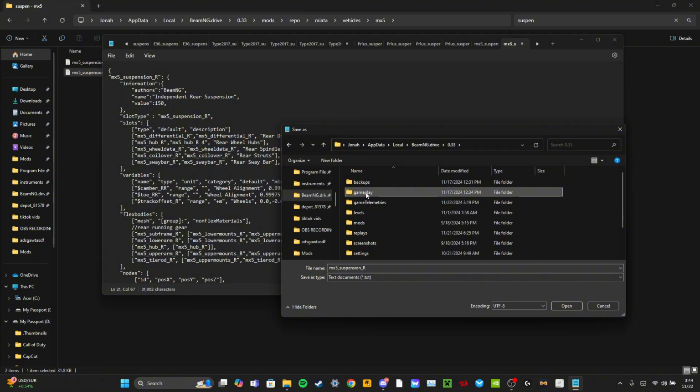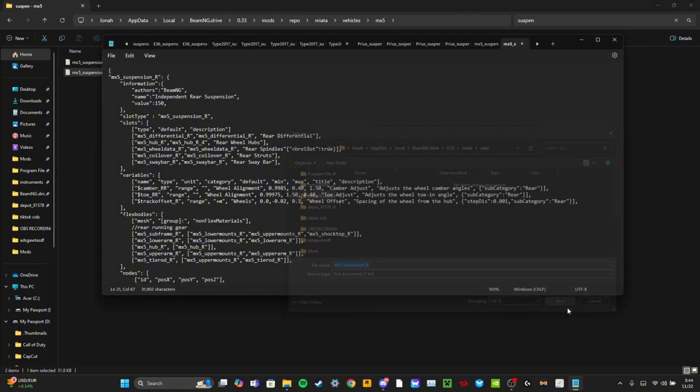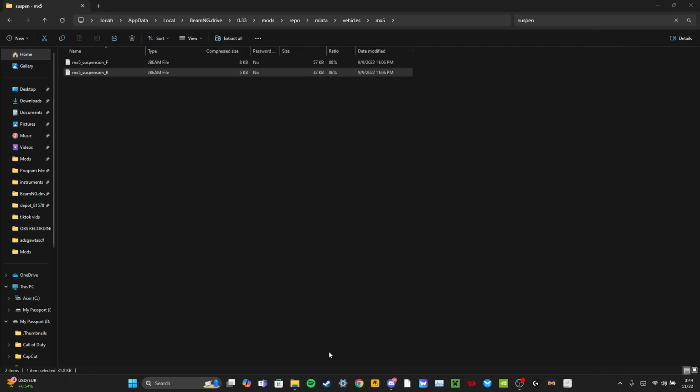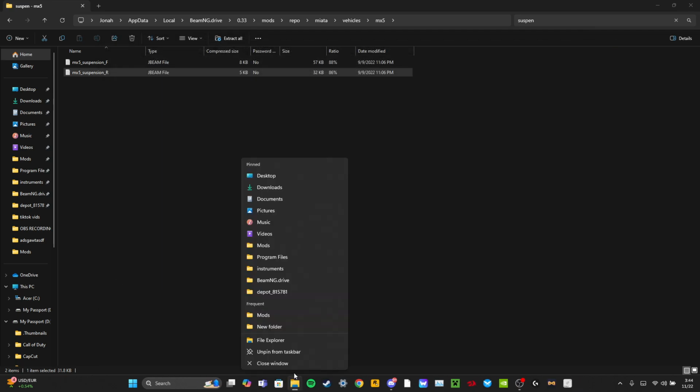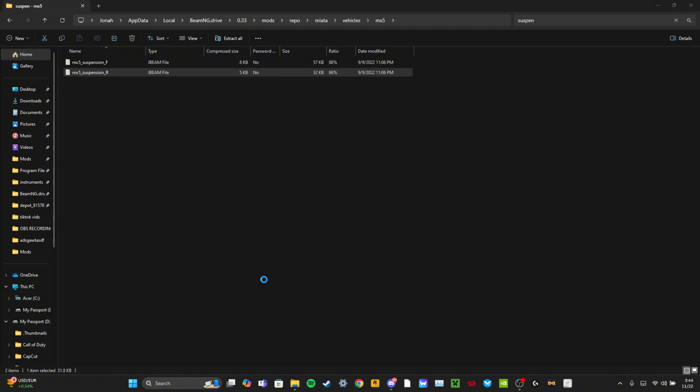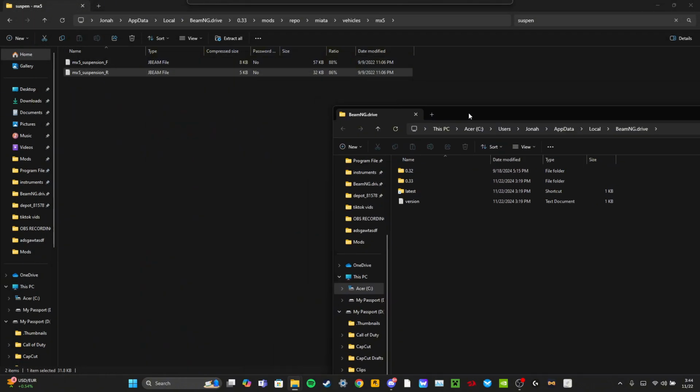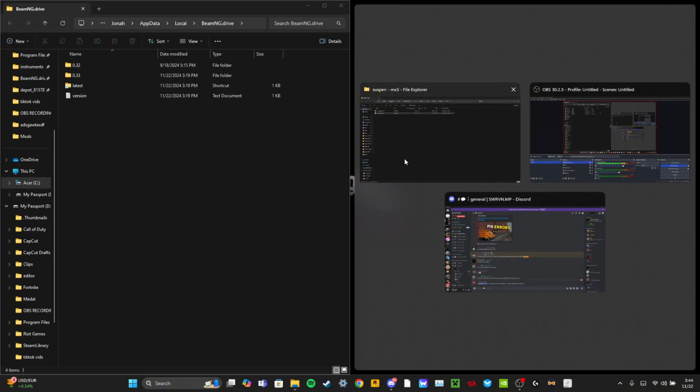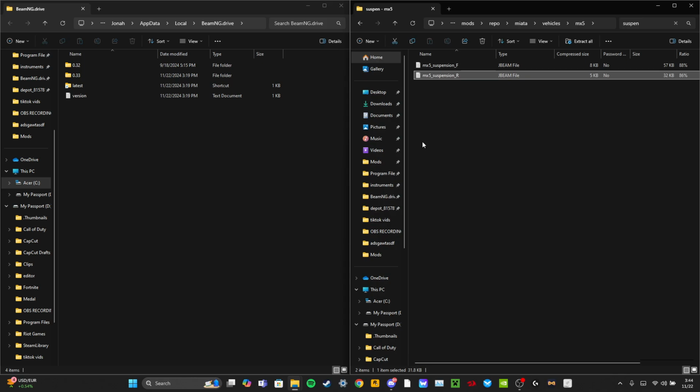So we'll do 0.33 mods repo and then save it. Okay, so now you can close this. Then I would open another file tab, because you're gonna have to drag and drop some stuff, and we will just do it like this. Okay, so right here is our suspension file that we already have open for the car mod, which is the